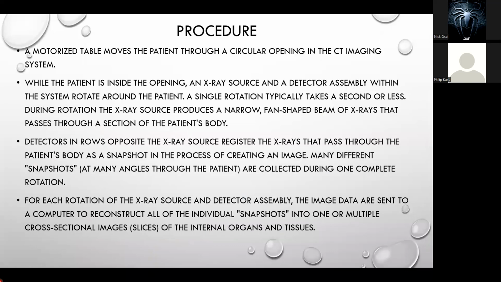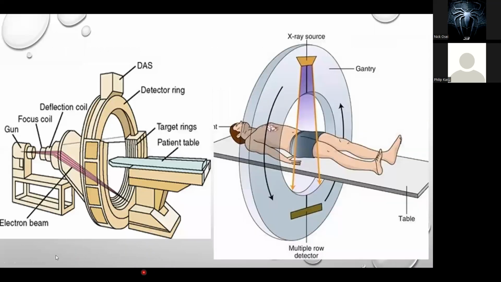Okay. So the procedure, I think I've written a bit more on that. The motorized table moves the patient through a circular opening in the CT imaging. So the bed that the person is lying on is motorized. They press a button, and then the bed starts moving the patient through the opening, while the